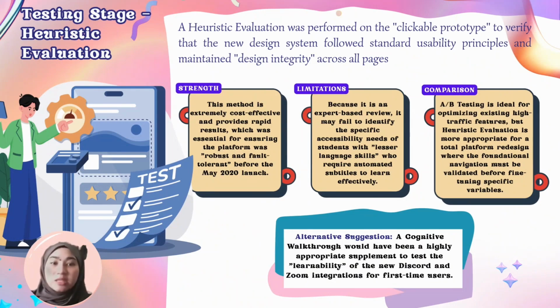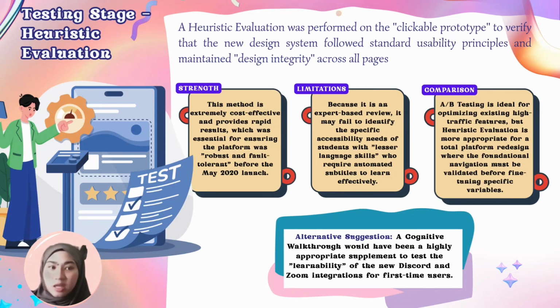For the critical debate, the strength: the primary benefit of this method is that it is extremely cost effective and provides rapid results. This efficiency was essential for ensuring the platform was robust and fault tolerant in time for the May 2010 launch deadline. For the limitation, however, because this is an expert-based review, it may fail to identify the specific accessibility